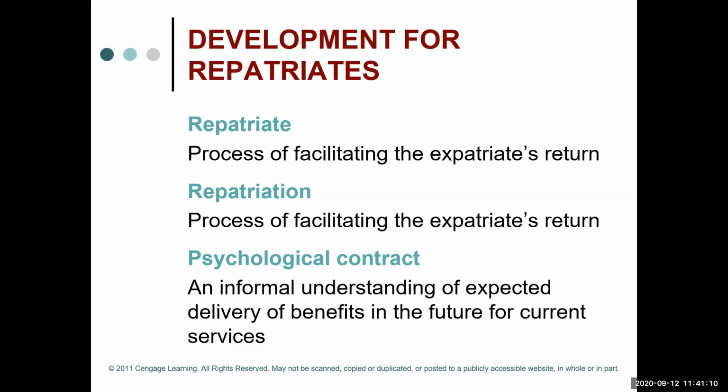So when Rajesh would have come back, there would have been some processes which, after he would have returned, or before returning actually, would have gotten triggered, maybe the global HR processes, maybe reassigning the team, or even something as simple as reallocating the office space, right? The operations part, everything. So that is the repatriation process, which is the returning of the expat.